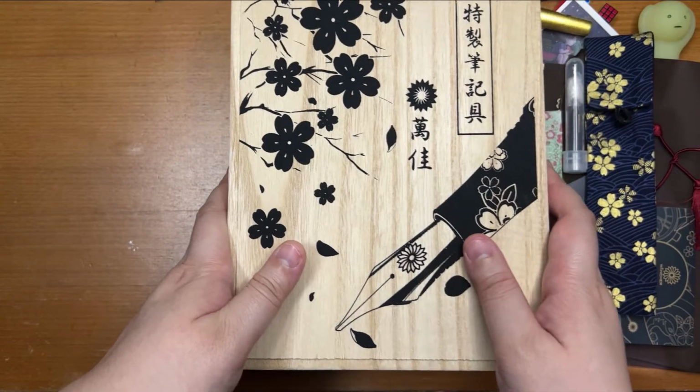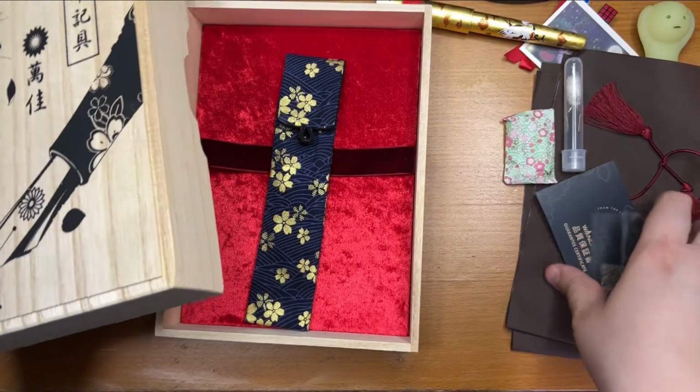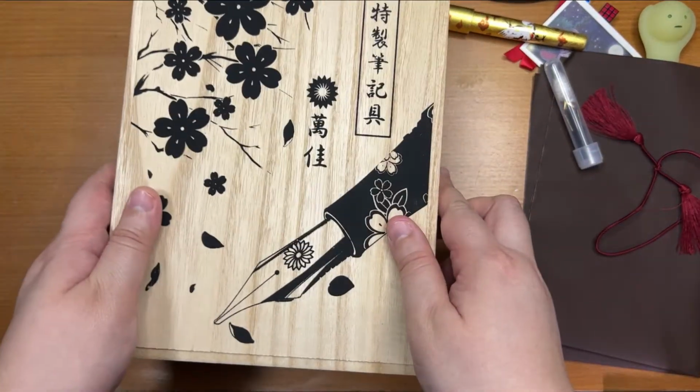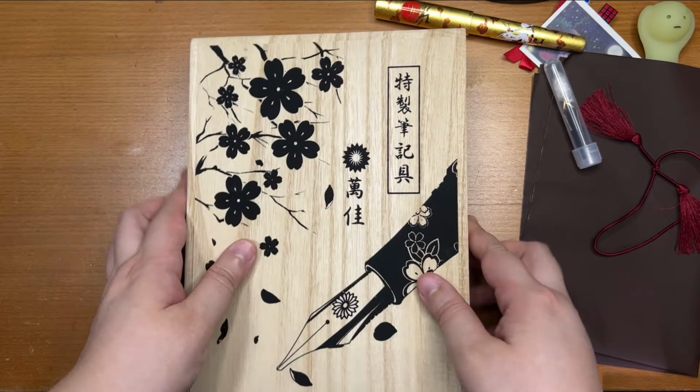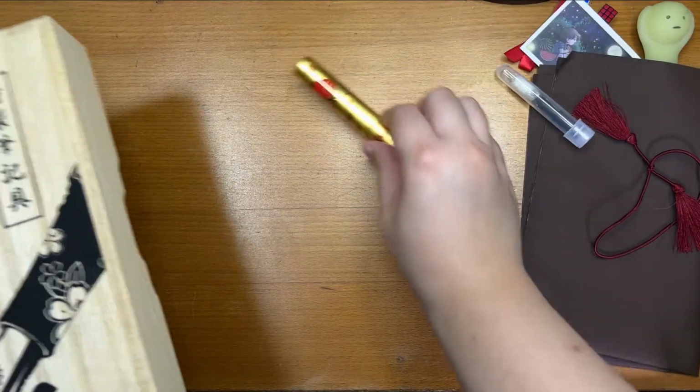Feels like a waste to throw, but with the very hot and humid weather in Singapore, I'm not sure if you'll be able to withstand the heat. Might start getting moldy after a while. We'll see. Okay, so now we have pen